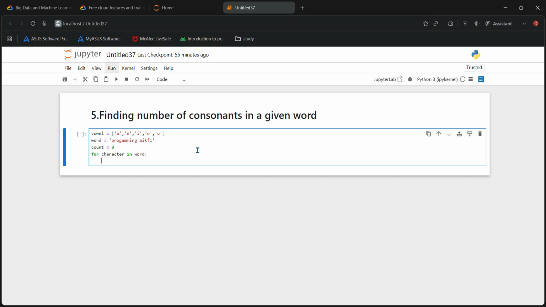For character in word, it goes through all the elements which are under the variable word,